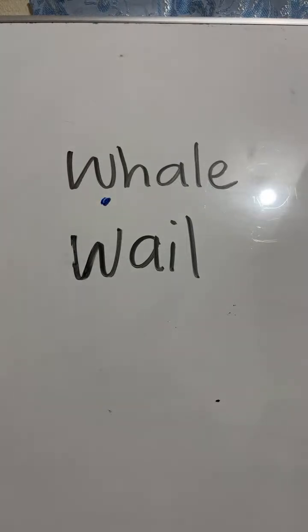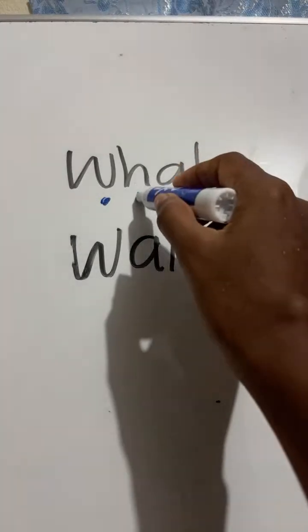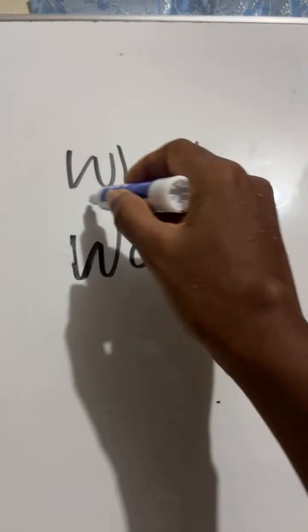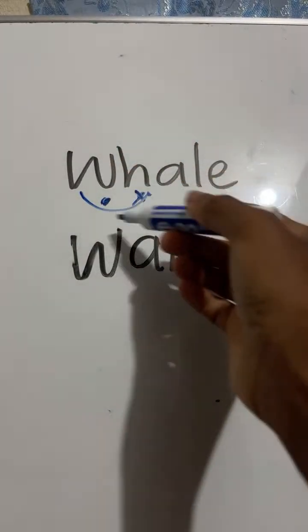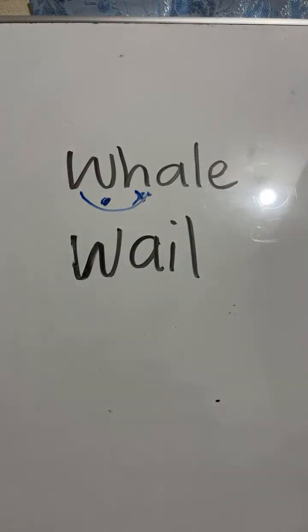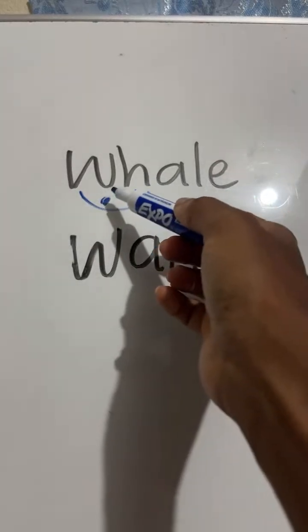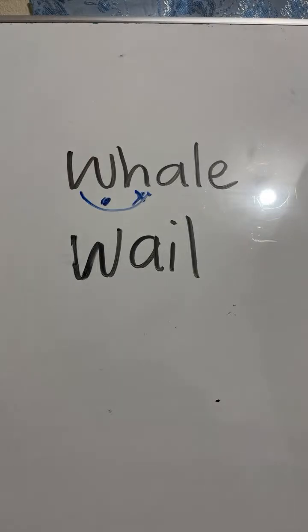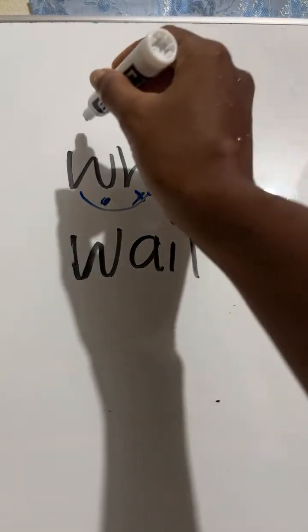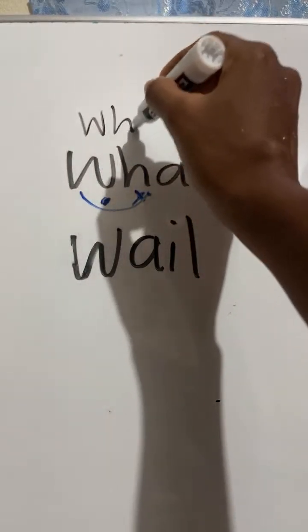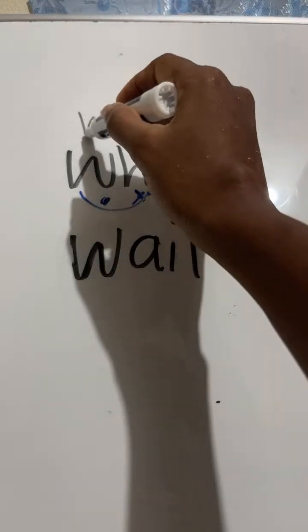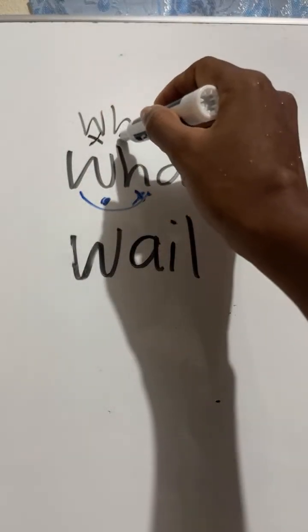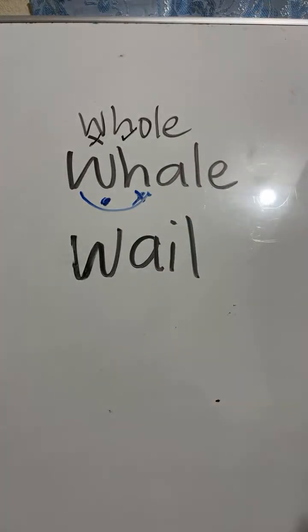W makes the sound W. The H stays silent, so we can put the W and H together. W and H together says W. The H is silent in this word, not in every word, because when you have a word like this one, the rule would be opposite. The W would stay silent and the H would make the sound. So this word would say,